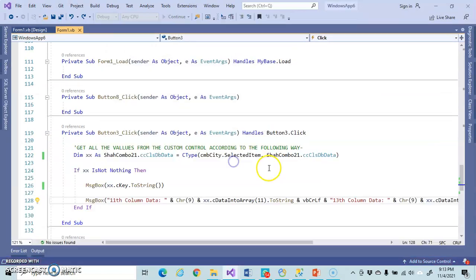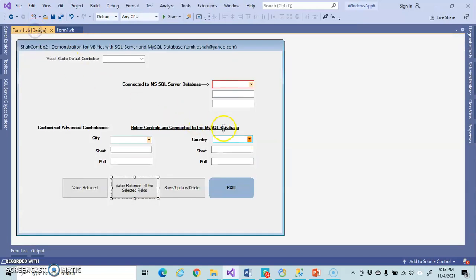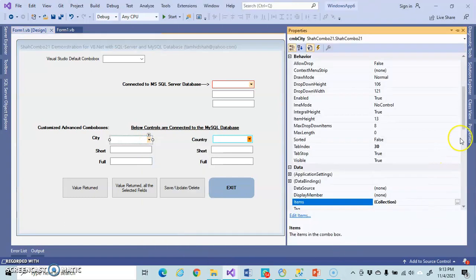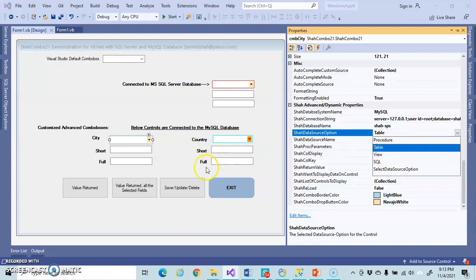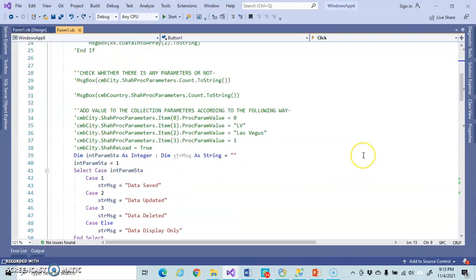Now the last and very important thing is that by using this control, you can also insert, update, delete, any kind of data manipulation, in the easiest way. You need to write very minimal code. If we change this one, this is the table. Before that I need to see what kind of